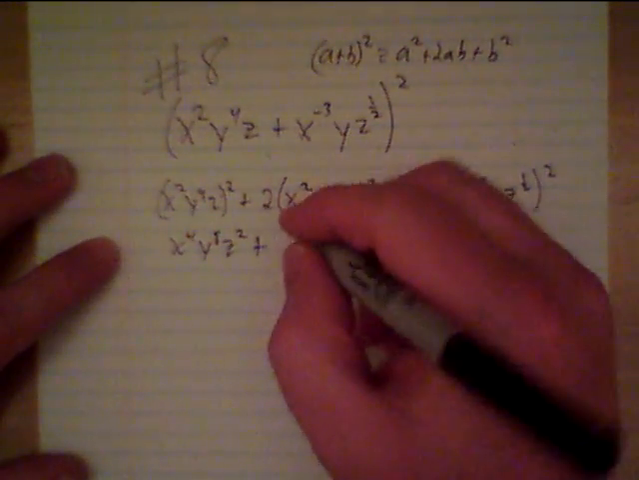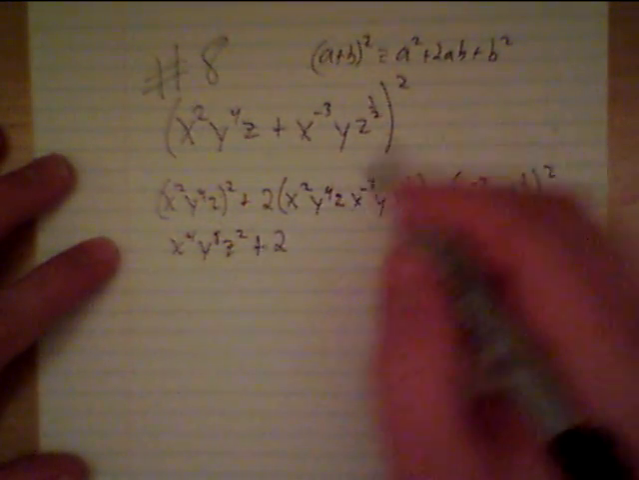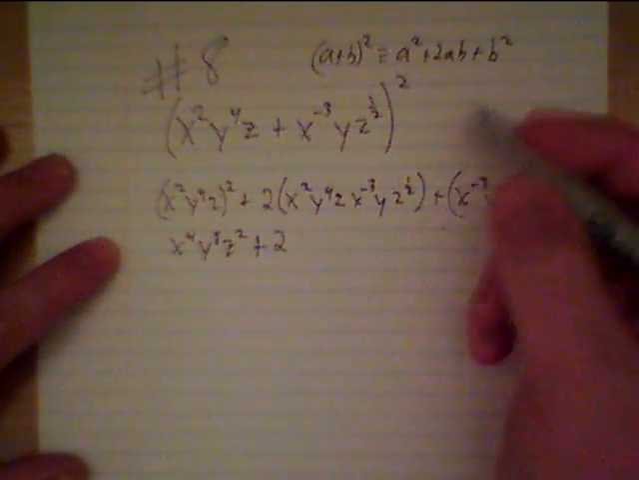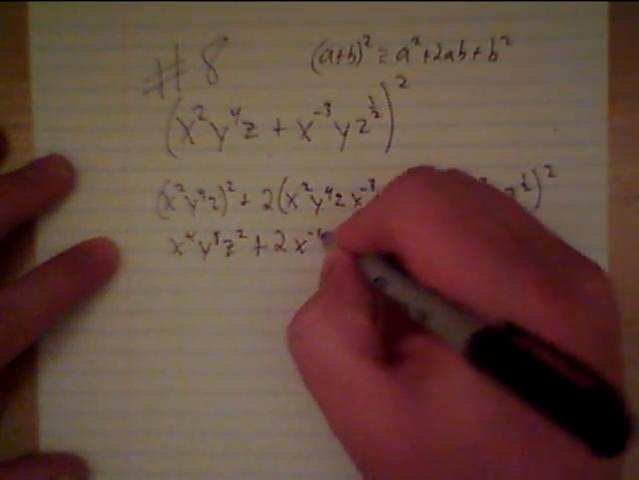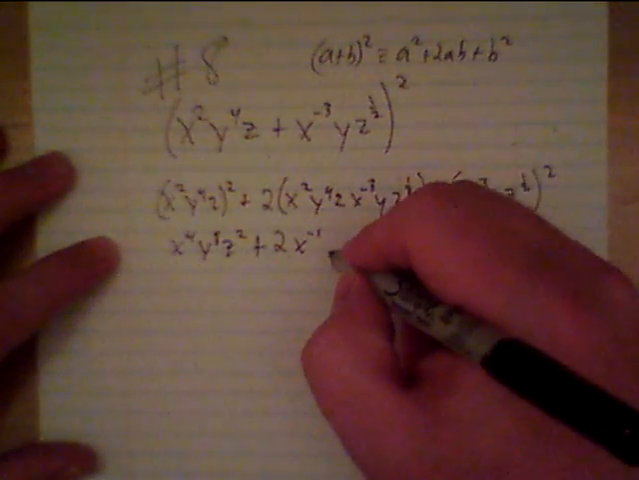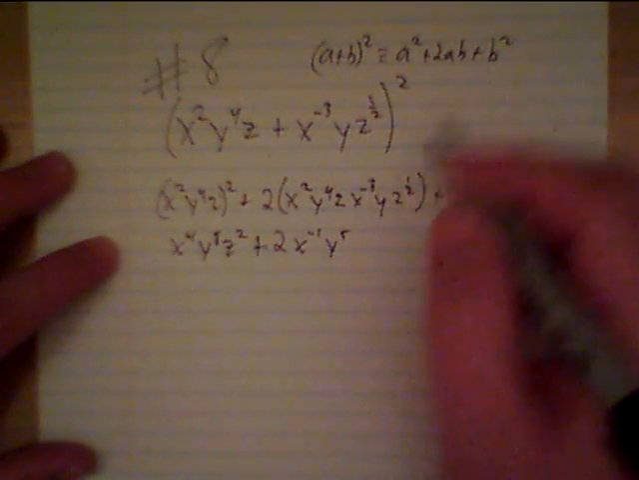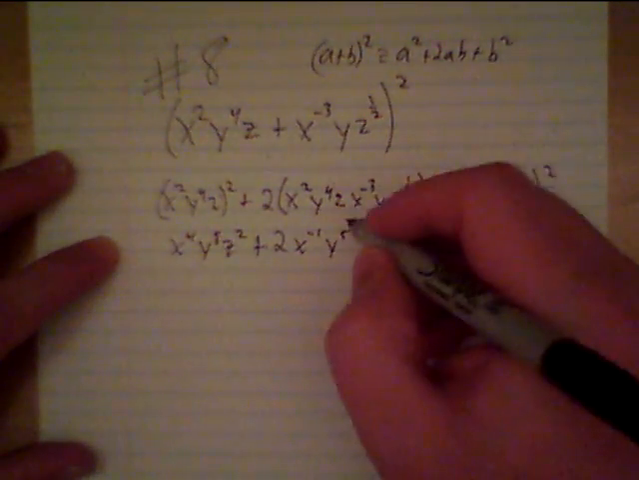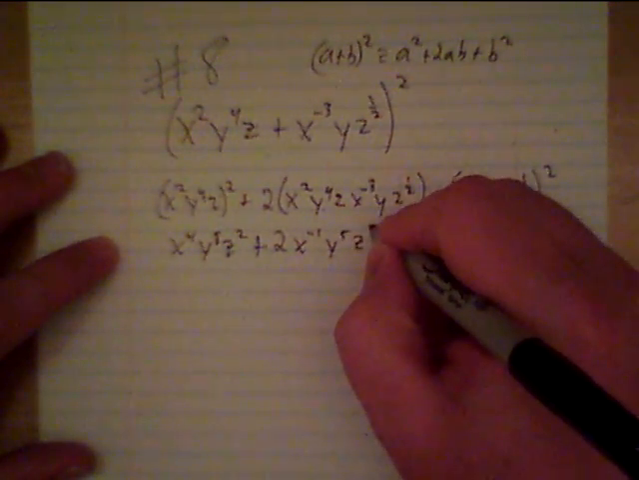now we can take this 2 and just put it out in front. We have an x squared and x to the negative 3. 2 plus negative 3 is negative 1, so it'll be x to the negative 1. We have a y to the 4th and a y to the 1st for a total of y to the 5th. We have a z and a z to the 1/2. 1 plus 1/2 is 3/2, so it'll be z to the 3/2